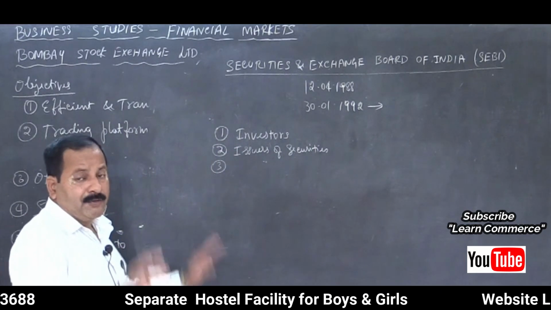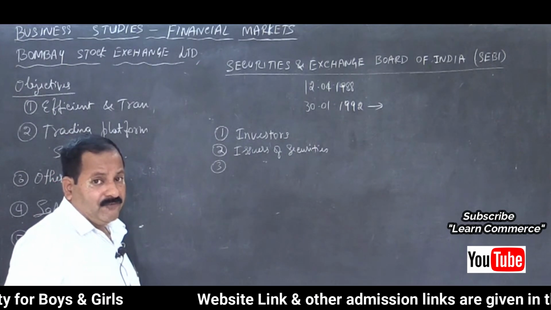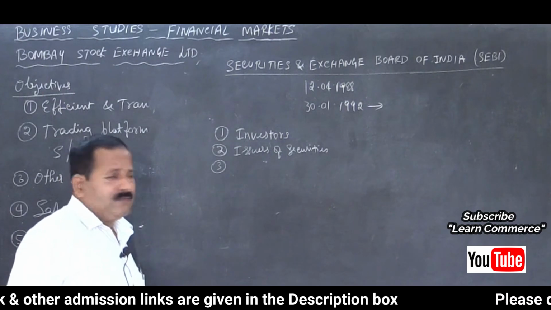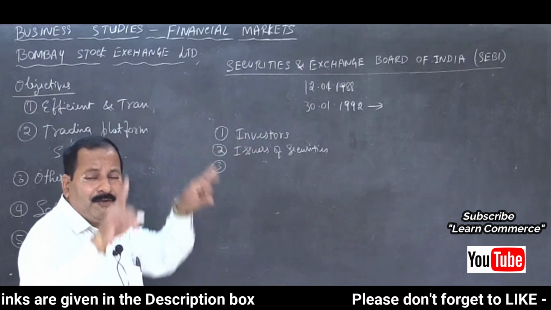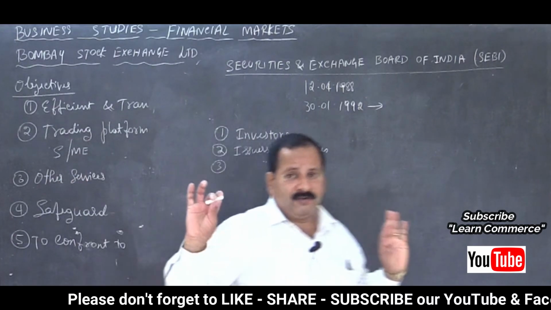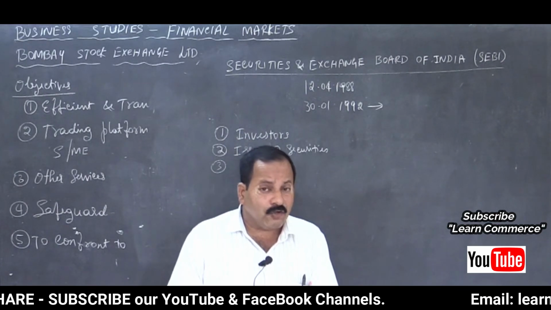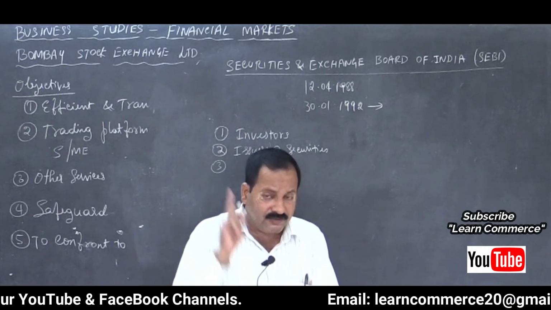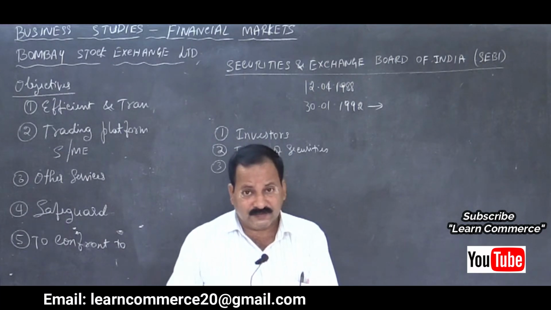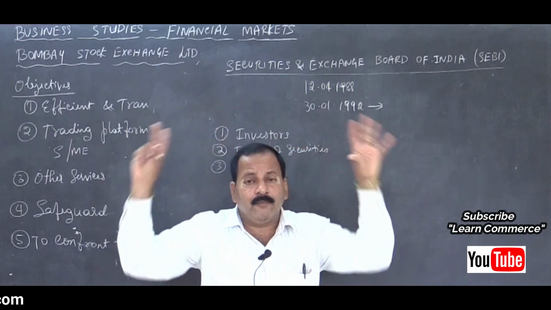Otherwise, if there are no securities, what will you do? If there are no students, can we run the institute? If there are no teachers, can you run the institute? If there is no management, can you run the institute? No, because they are part of the total system, isn't it? If one part is out, it is gone. The student can score very well only when there is cooperation from all sides, like teachers, student and the parents. Management will support the teachers, isn't it? And they are also a part. Support is required from all angles.